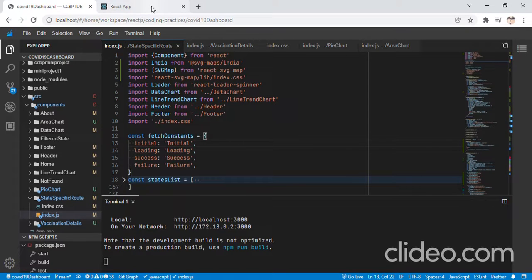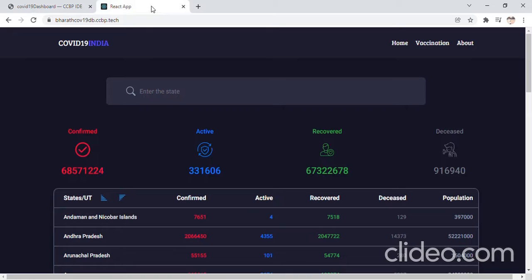Firstly, the main feature is that it gives the entire insights of COVID-19. For the front end development, React.js has been used, and for styling, HTML, CSS and JavaScript. The data of the insights is fetched from backend APIs. The web application has four routes, namely the home route, state specific route, vaccination route